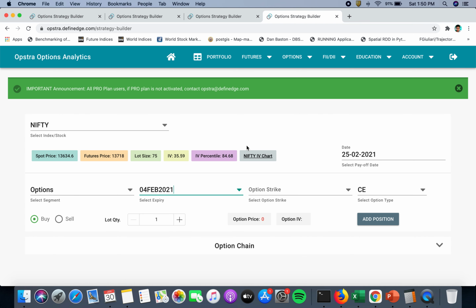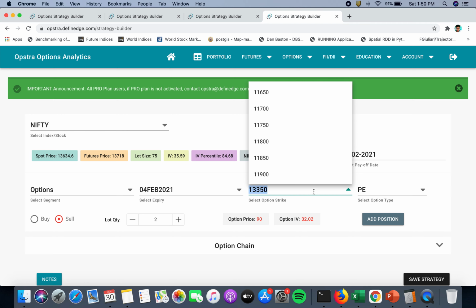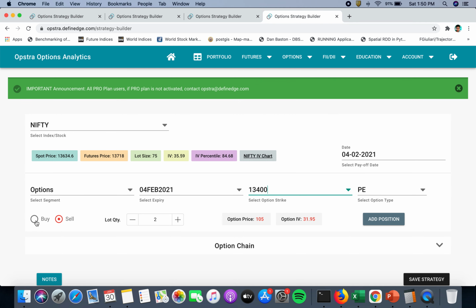What you need to do is, the first thing, we'll basically design it one for the put side and one for the call side within a single strategy. So just pay attention to this. First of all, you go 300 points away from at the money. So at the money is 13650. So what we need to do is sell 13350 put option. We'll be selling two lots, and then to hedge it, we'll go 50 points further up from this, and 13400 we will buy one lot.